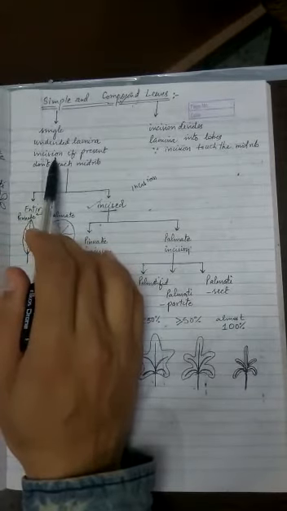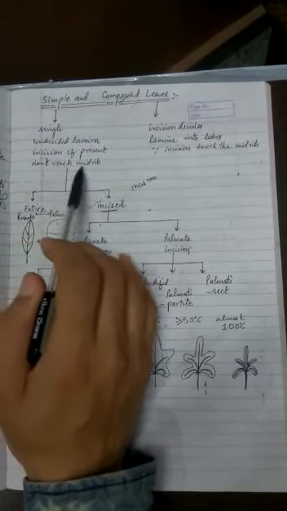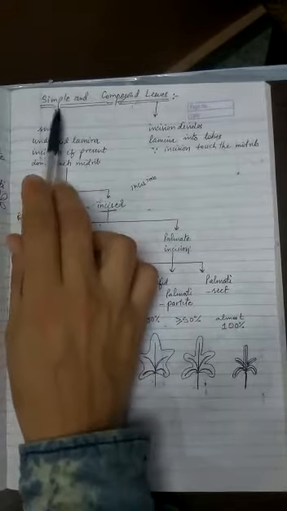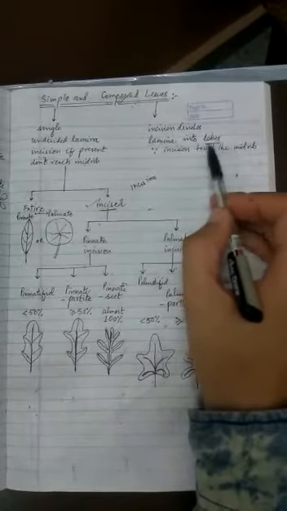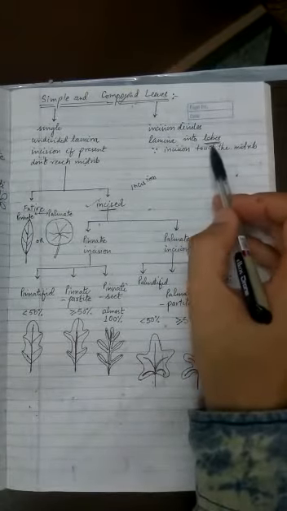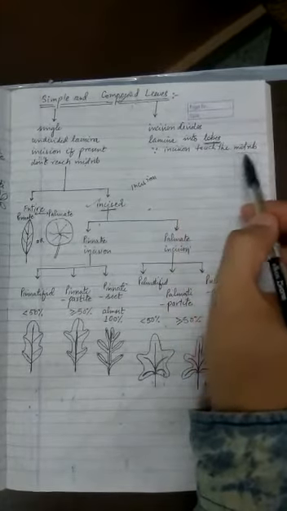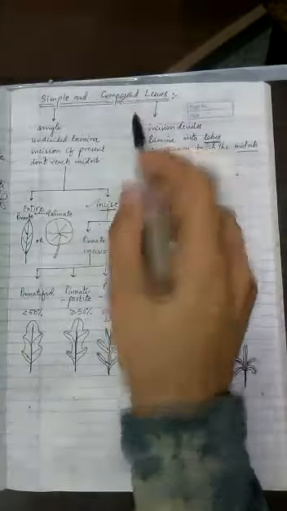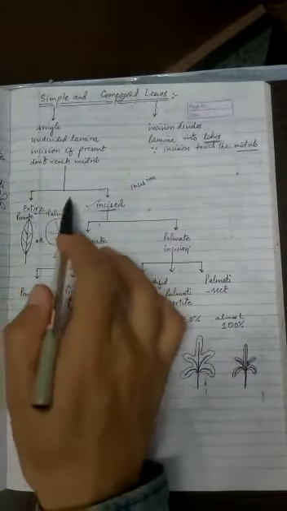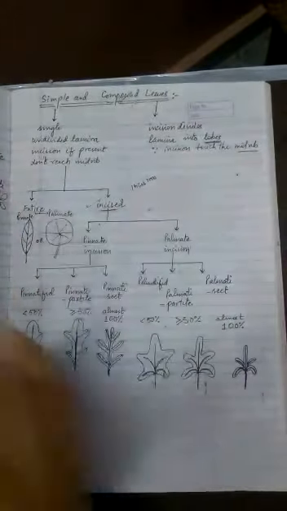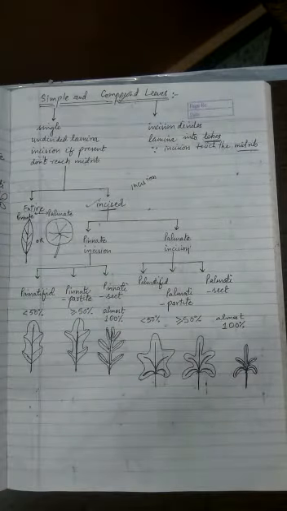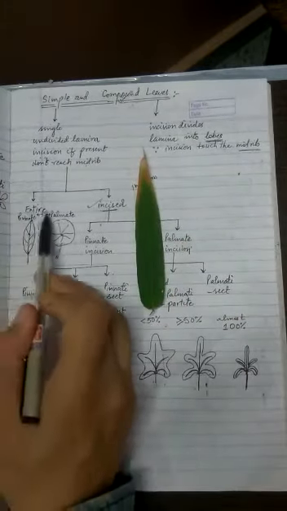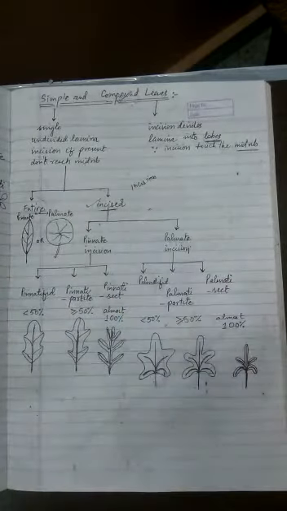So if incisions are present but these incisions do not reach the midrib, you will call it a simple leaf. But if the incisions divide the lamina into small portions or lobes, because the incision has reached the midrib, then you start calling it a compound leaf. Simple leaves or compound leaves we'll be learning on the next page. So let's understand the types of simple leaf. If a leaf is like in the case of this grass or bamboo, you will simply call it an entire leaf.